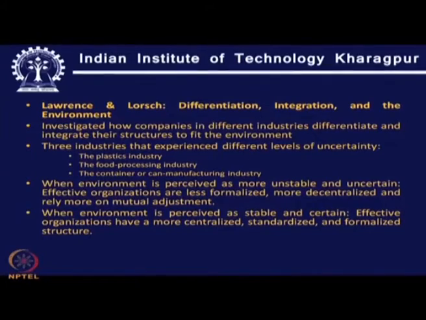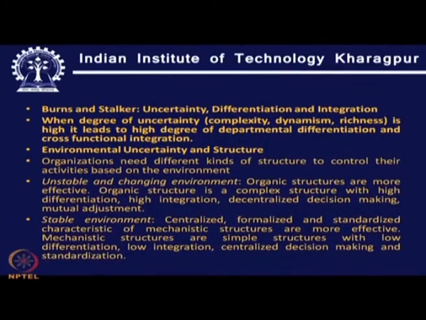Decision making is centralized in nature because we don't get any uncertainty from special pockets of the environment, maybe throughout the geography over which our organization is spread, and the structure is formalized. So this was Lawrence and Lorsch's finding about the relationship of differentiation, integration and environment and how it affects the design of the organization. Next we move on to a study by Burns and Stalker,